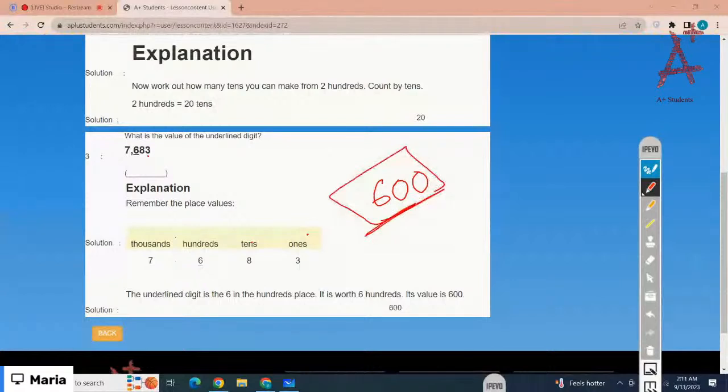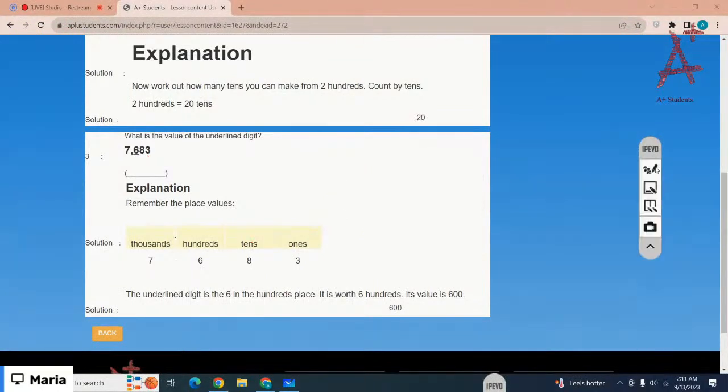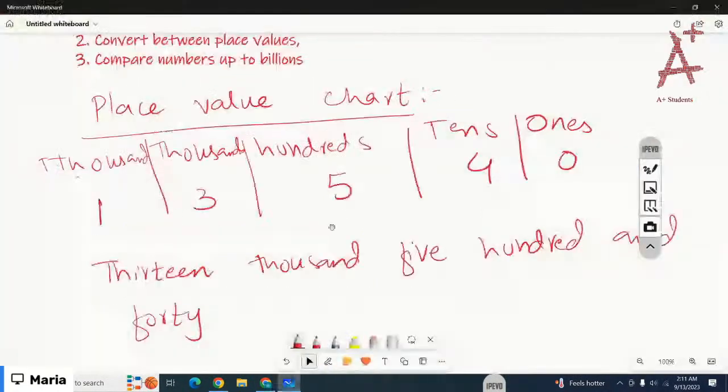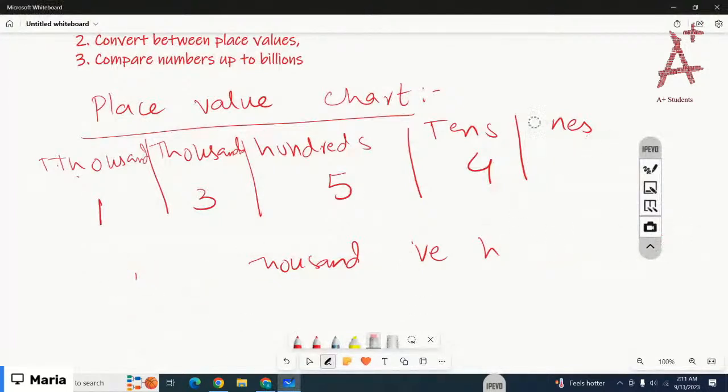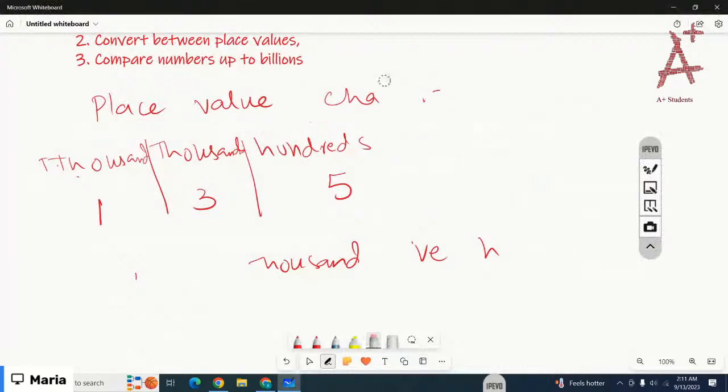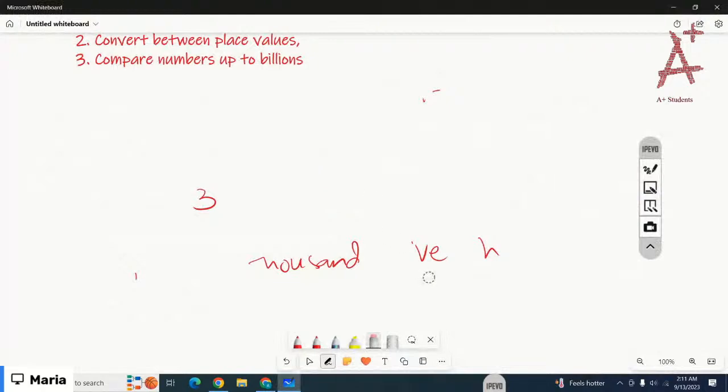So one method you have already done, that is expanding. How to write the expanded form of numbers, right? Let me just do a quick review on this because this is also included. If you have forgotten, you can just keep this in your mind. You have another way to represent these numbers, that is expanded form, right? What is expanded form? For example, you have a number like this,